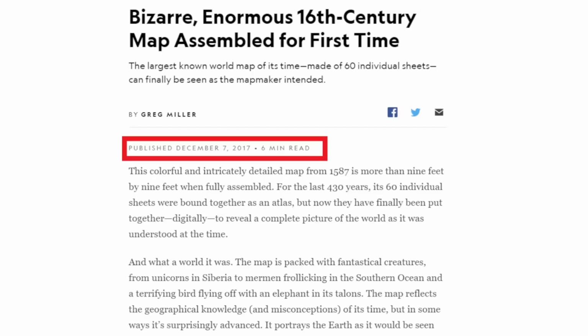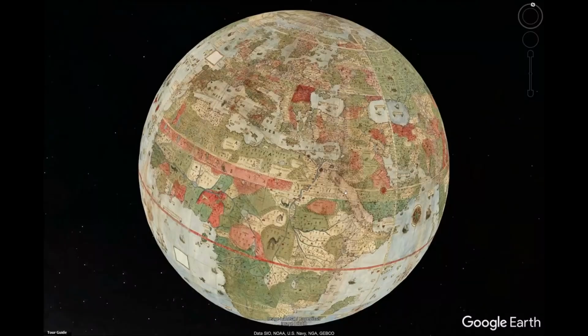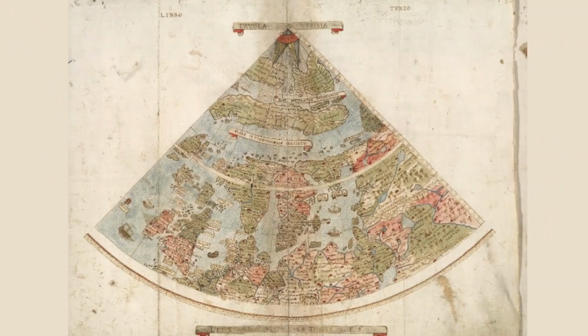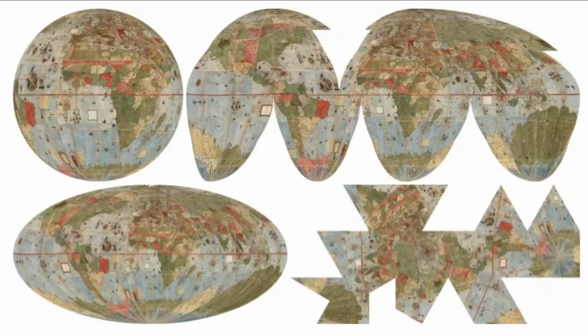It's also interesting that it has been arranged as a planisphere. The huge individual sheets of this map were originally arranged as an atlas projection, but David Ramsey purchased the map in 2016, and the team got to work scanning each sheet individually and processing them digitally to wrap around a